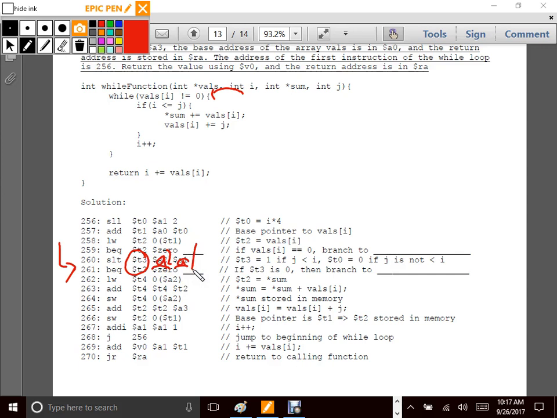Yeah, good thing I'll be right the rest of the way. So A2 and A1. j is in A2 because that's the value we pass to the function, and then A1 is in I. So if j is less than I, then I'm going to set the value of T2, which is a temporary register, equal to 1. And if you look at the MIPS green sheet,